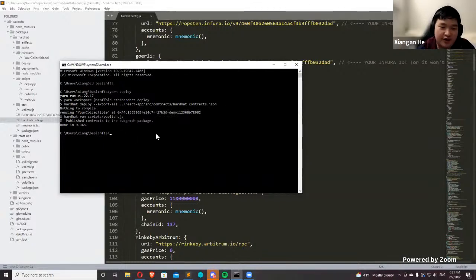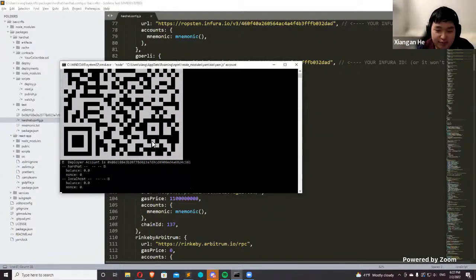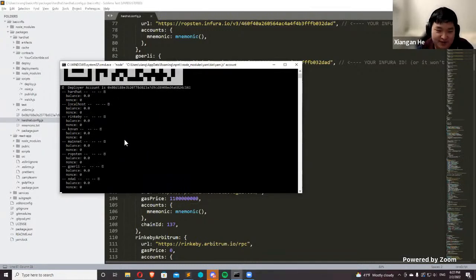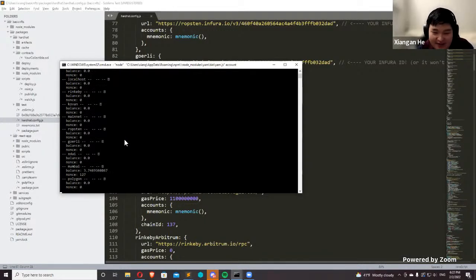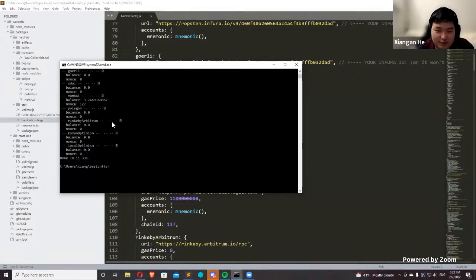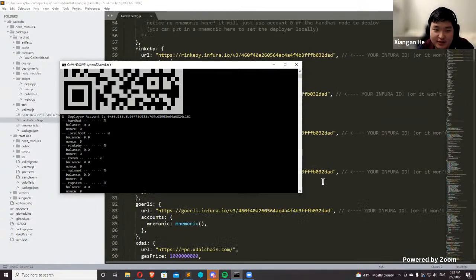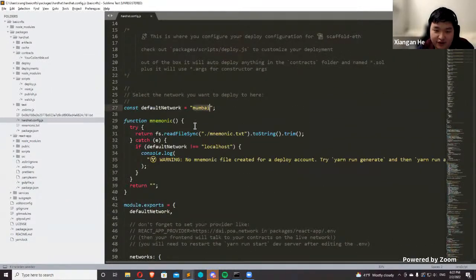Oh, shoot. Sorry. Actually, before you do yarn deploy, you should do a yarn generate. What yarn generate does is it generates a burner account, as I said previously. You can't actually deploy without a burner account because it'll tell you that you don't have enough gas. Because we're deploying right now on Mumbai, as you can see up here, the default network is Mumbai,